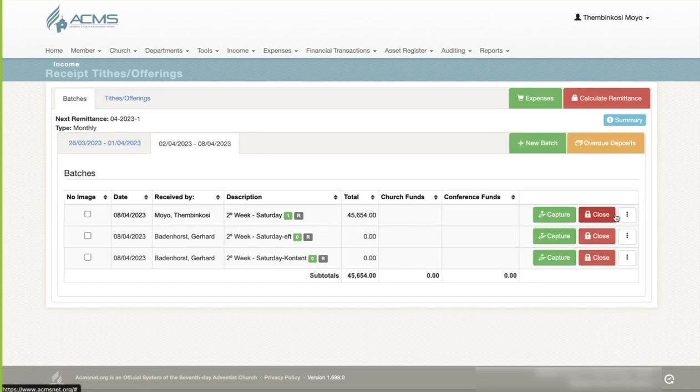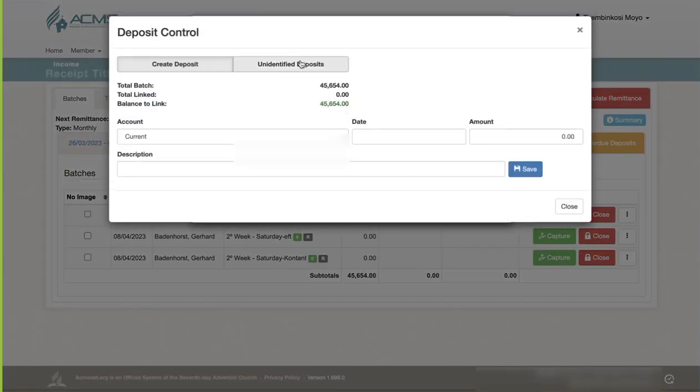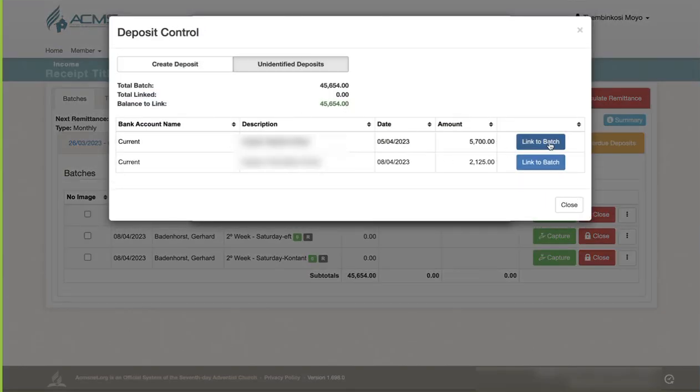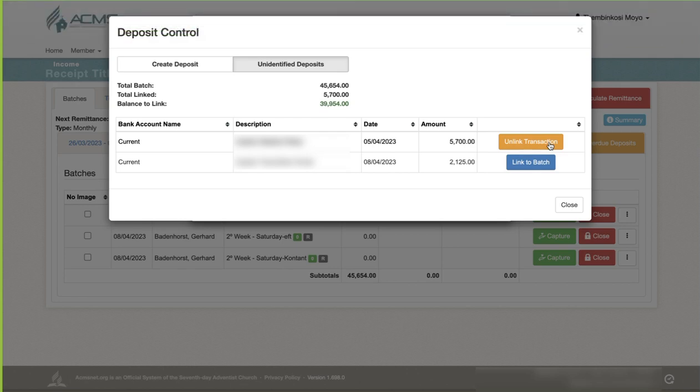I'll use Gerhard here as the member who has given us the transfer. Just type the member's name there, Gerhard, and there it is. We click on it, and then let's say this was a tithe amount, so we click there and put a random figure for our demonstration, but this would correspond to the amount that was imported from the statement. Once we have done this, you go back to the batch, and now we want to link that amount